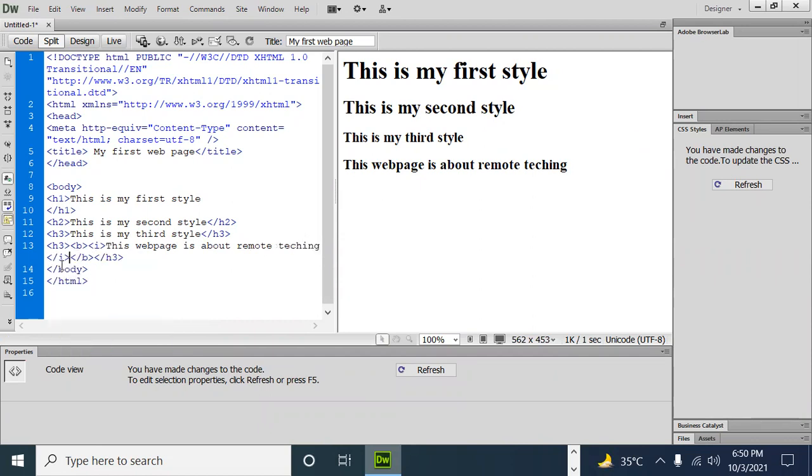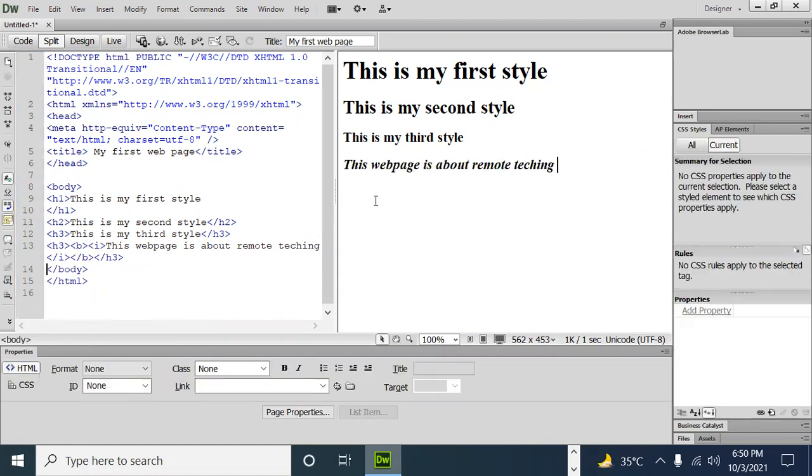Just close it, italic. So now this is italic. So we can do it through a markup language.